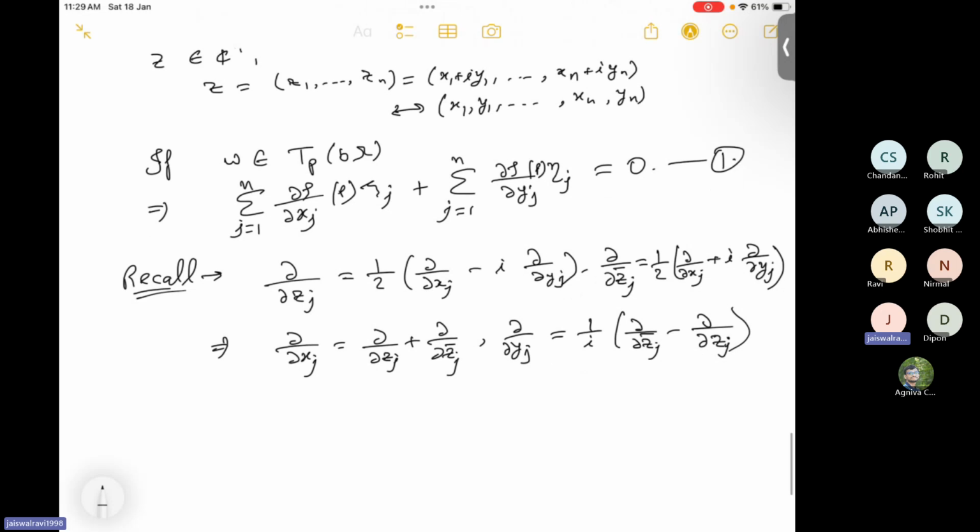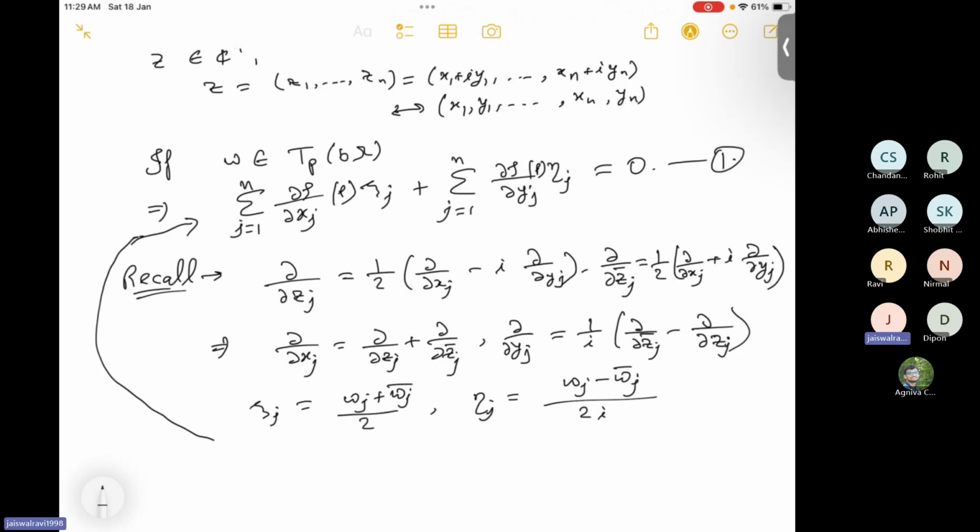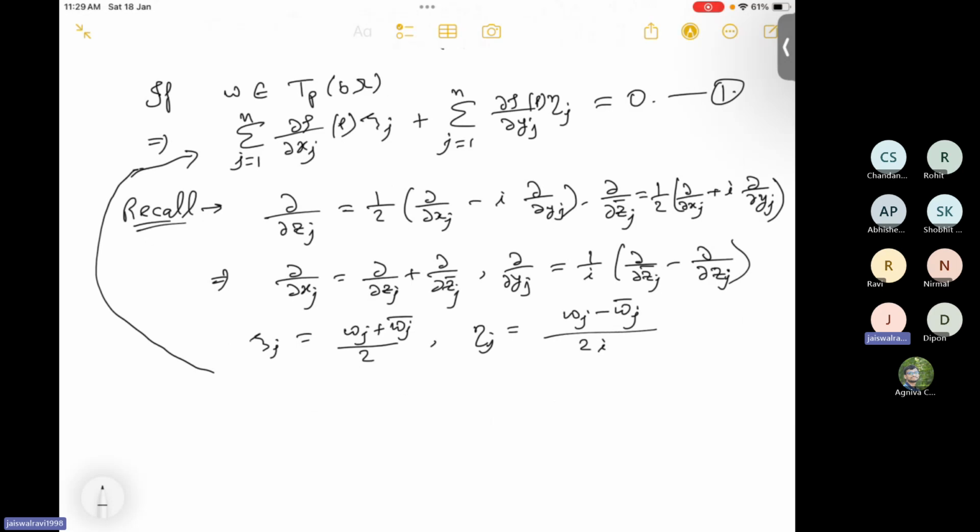Yes. And we can also have xi_j is (w_j plus w_j bar) by 2 and eta_j is (w_j minus w_j bar) by 2i. So now we'll put this del by del x_j, del by del y_j, xi_j, eta_j in equation 1. If we put all the values of xi_j, eta_j and del by del x_j, del by del y_j, we'll get something like,